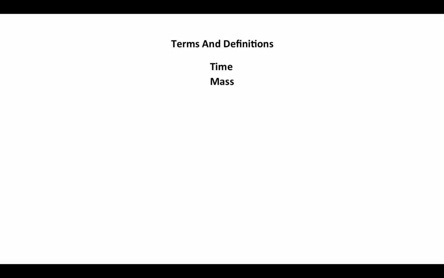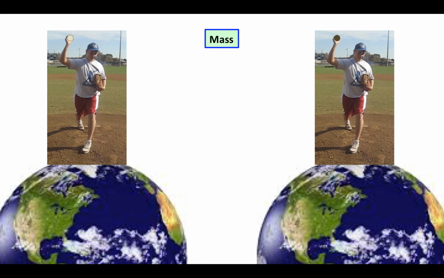What about mass? There are lots of definitions of mass, but this one, the property of an object that resists any change in its velocity, is a pretty convenient definition. In these graphics, we show a baseball player standing on the earth getting ready to throw a ball. On the left, he's getting ready to throw a baseball, and the baseball has a mass of 145 grams. And on the right, he's getting ready to throw a lead ball. The lead ball has a mass of